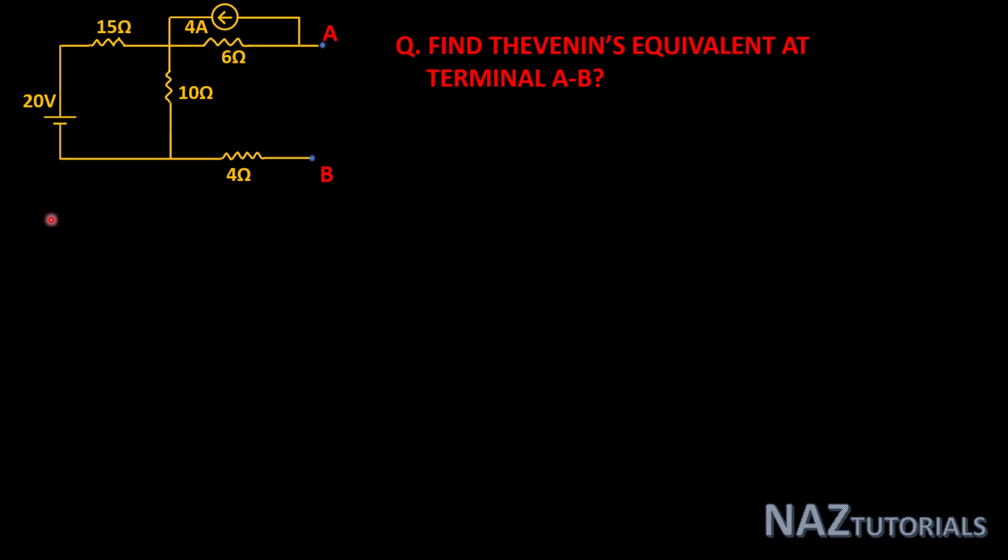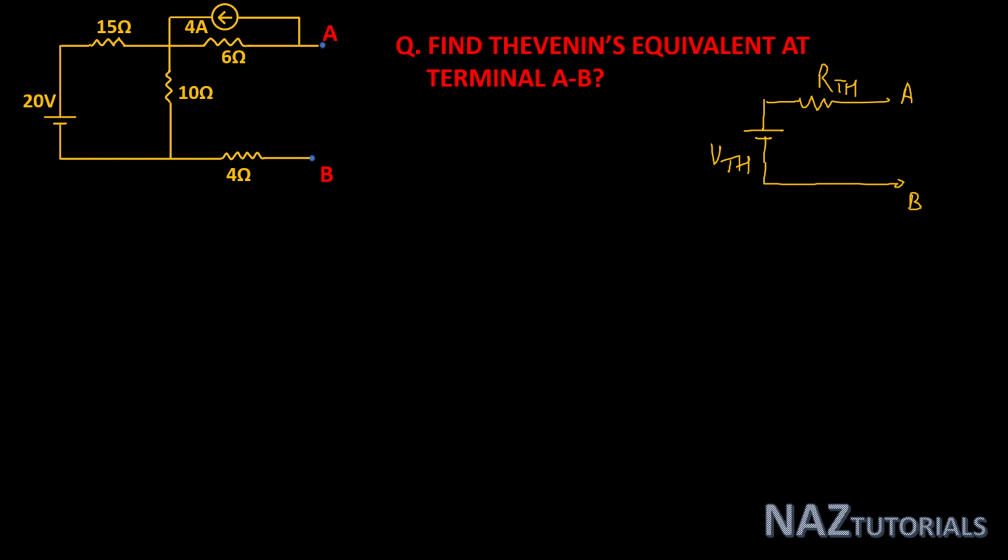Hello everyone. In this problem, we will understand how to get the Thevenin equivalent at terminal AB. Thevenin equivalent is basically a voltage source VTh in series with resistance RTh. This is our Thevenin equivalent. This is VTh in series with resistance RTh at terminal AB. Basically, VTh is the open circuit voltage of that terminal and RTh is the equivalent resistance looking back to the terminal